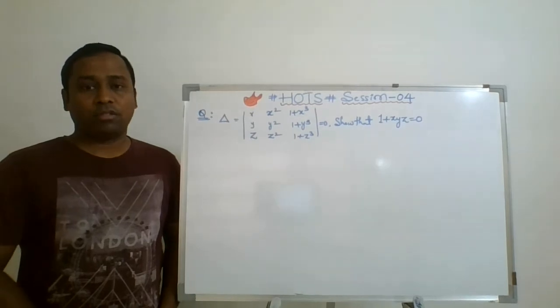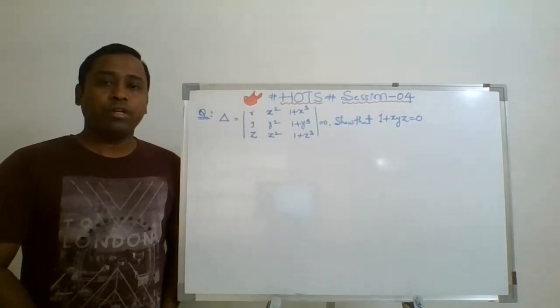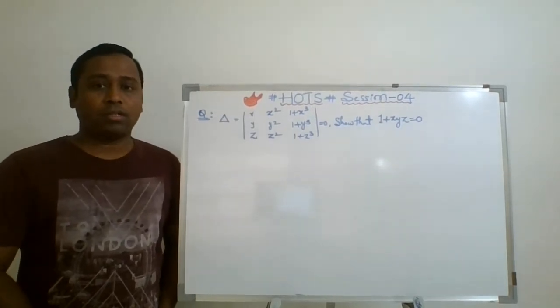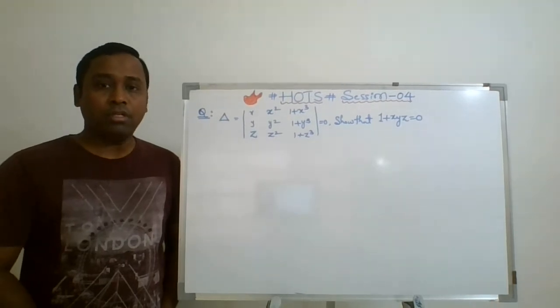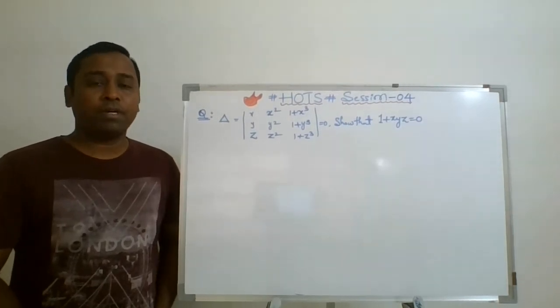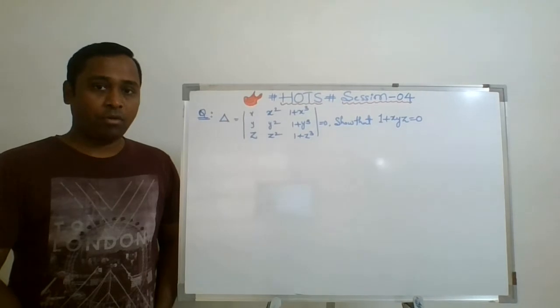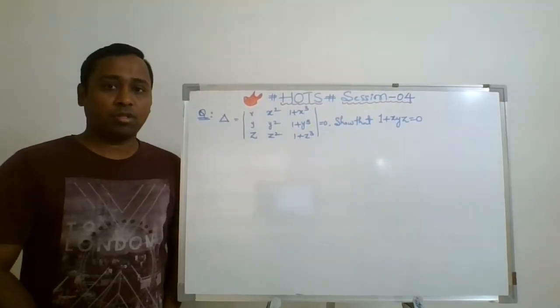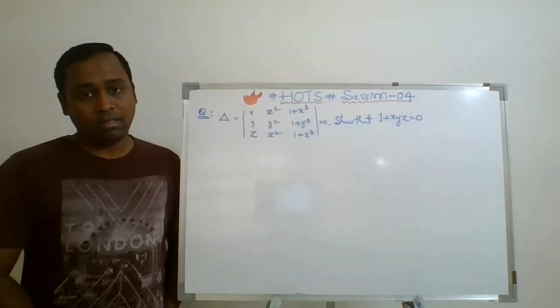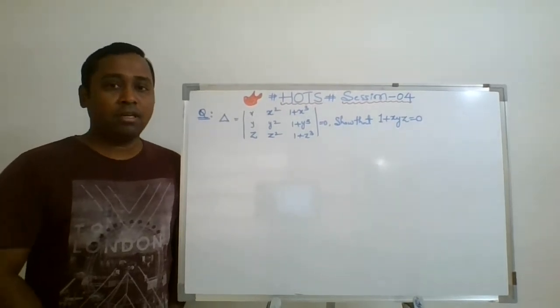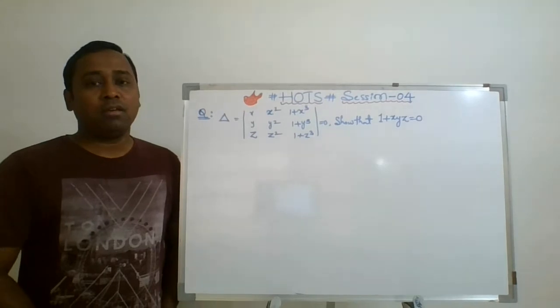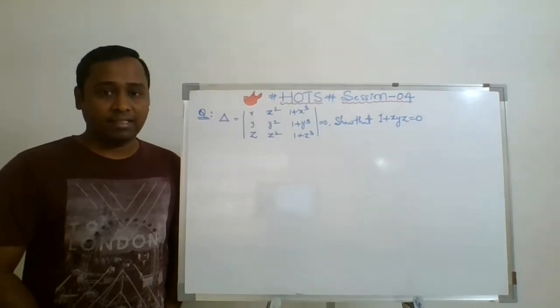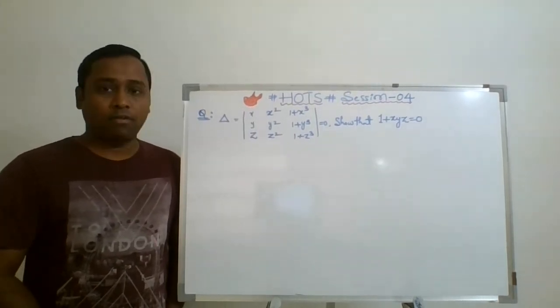Now, in this session 4, we are going to discuss the HOTS, higher order thinking skill questions based on the properties of determinants. Let's try to understand a few questions through this session to develop your skill. Thereafter, you may complete the exercise as well as the miscellaneous exercise from the NCERT textbook. Now let's have a look.